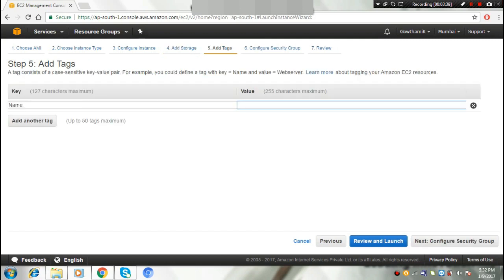Go to next. In the key and value boxes, you have to write a key and value name. I wrote new WP, and at the same time I named the key with the same name, new WP.